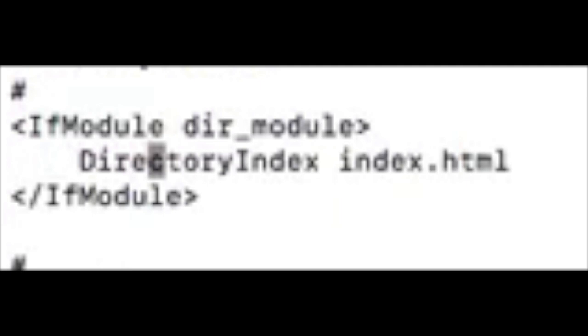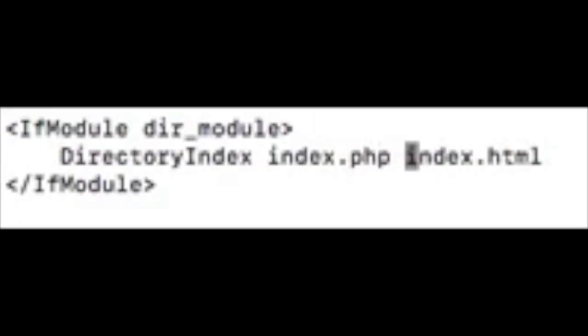Okay, now we want to make sure that the web server will always use the PHP file first in case you have two different index files. For that, use the command sudo nano /etc/apache2/httpd.conf and scroll all the way down again until you get to the DirectoryIndex section, starting with IfModule. Here, behind DirectoryIndex and just before index.html, add index.php.